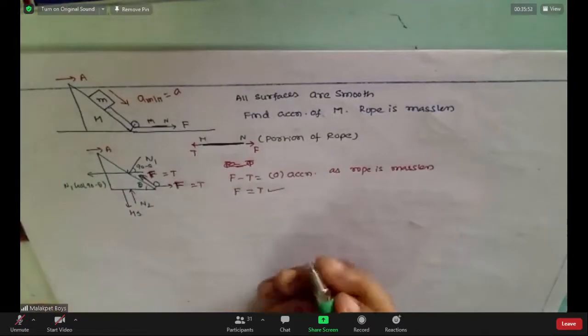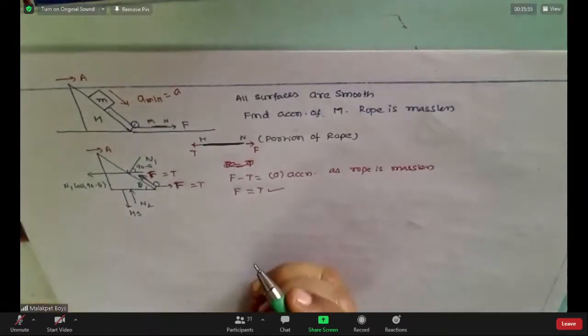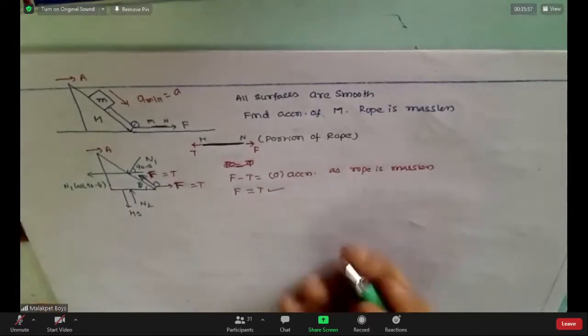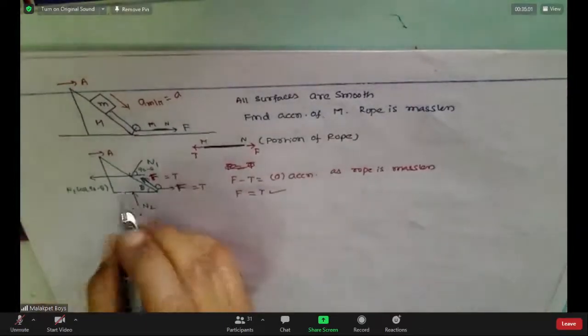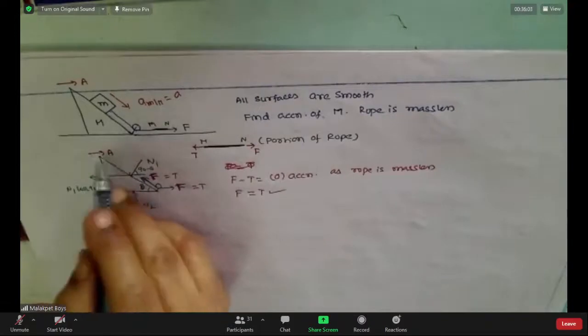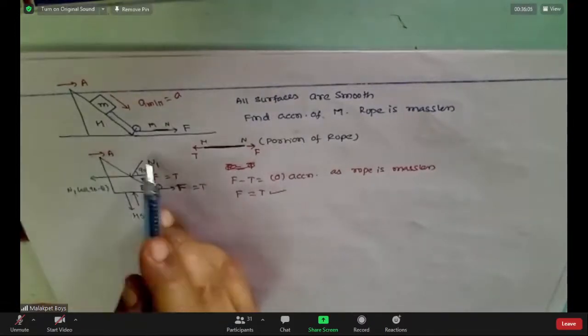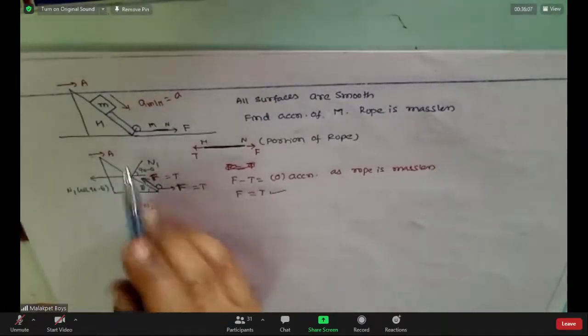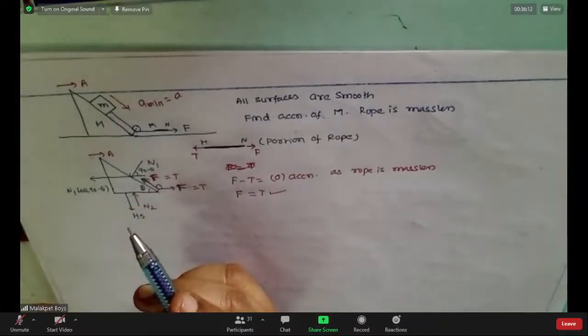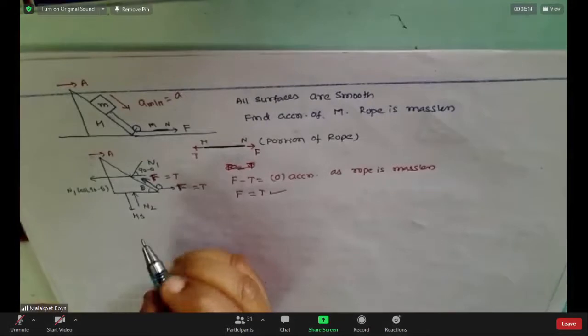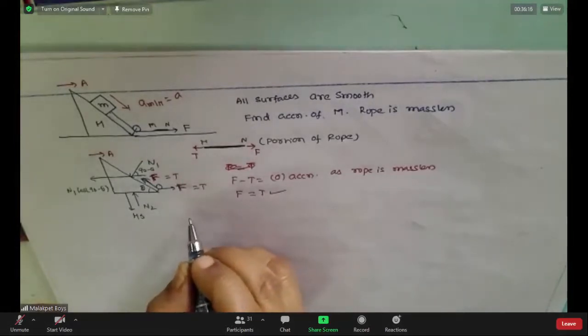In the perpendicular direction we don't need it, I am not resolving. It's not that it's non-existing. Whatever I need, I'll use. Why should I waste my time on unwanted things? Now this will not contribute to this acceleration. I need this only, no? N2 will not contribute to this. So vertical forces will not contribute to horizontal acceleration. That's why I am not considering the vertical forces. Okay, so here you have